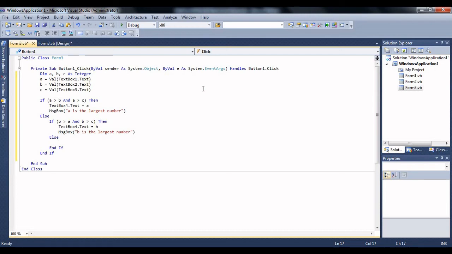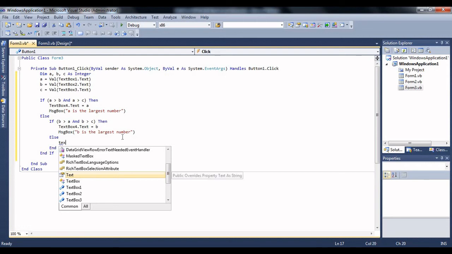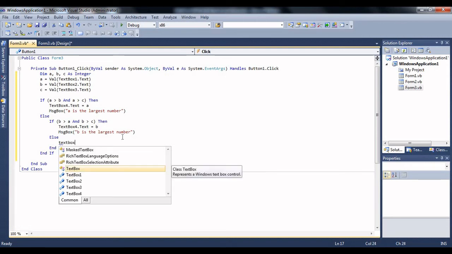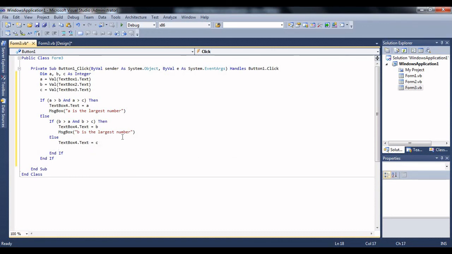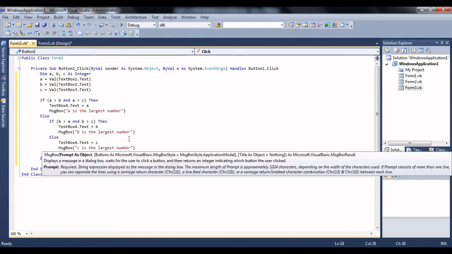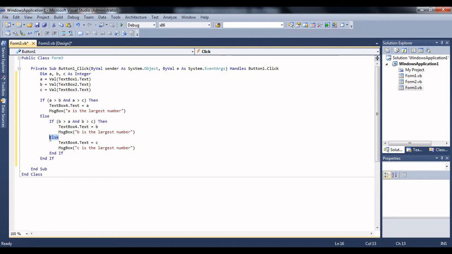What I mean is write else and then directly text box 4 dot text is equal to c, and in the message box c is the largest number. So this is how, by writing only else, we can directly write the answer.